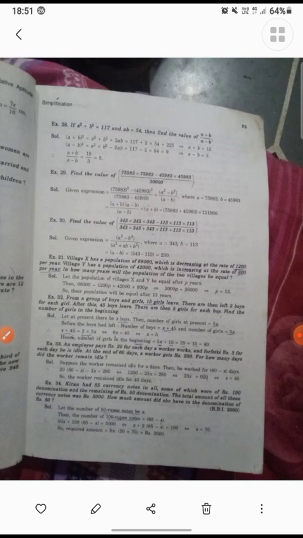From a group of boys and girls, 15 girls leave. There are then left 2 boys for each girl. After this, 45 boys leave, and there are then 5 girls for each boy. Let us present there are x boys, and then the number of girls at present is 5x. Before the boys had left, the number of boys was x plus 45, and the girls 5x. So x plus 45 equals 2 into 5x, that is 9x, and 9x equals 45. Okay, so x equals 5.